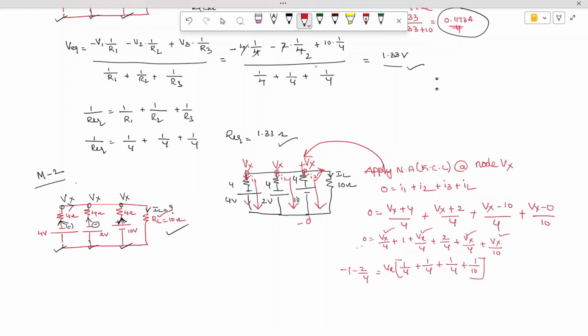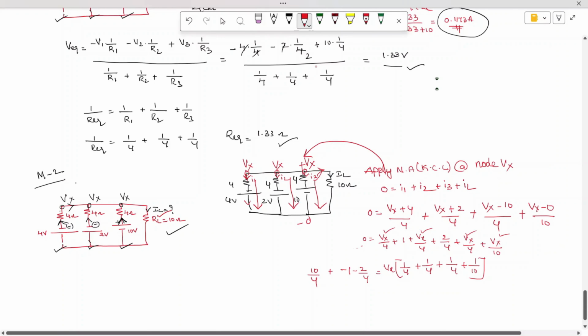Use your calculator to find the values. Here also you have minus 10 by 4, which becomes plus 10 by 4. When you solve it, you are going to get the value of Vx equal to